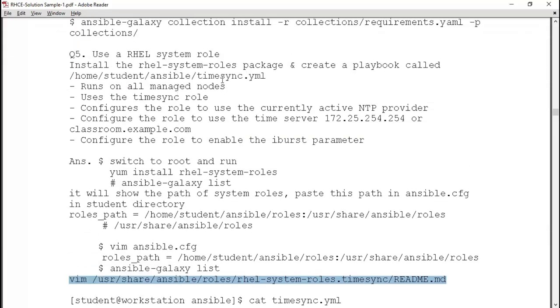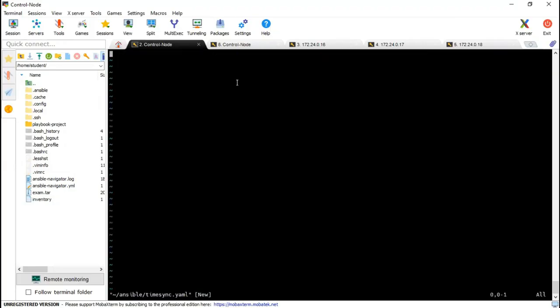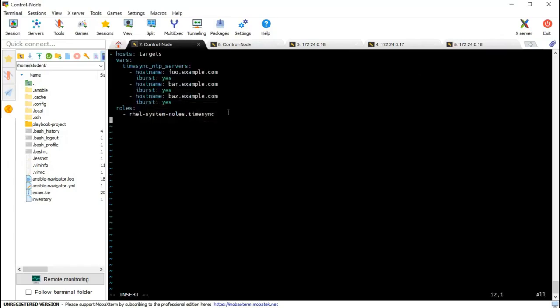In the exam, they are saying to create timesync.yml. So create that: vim /home/student/ansible/timesync.yml. Paste it there. As per the exam, it should run on all managed hosts, so I will put server A, server B, and server C, right?